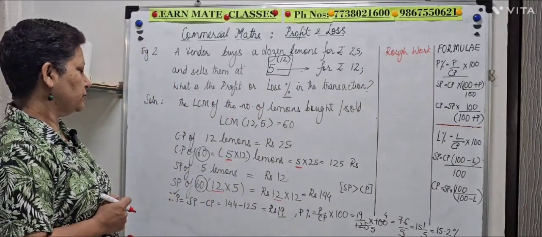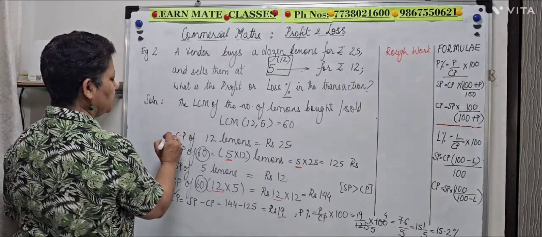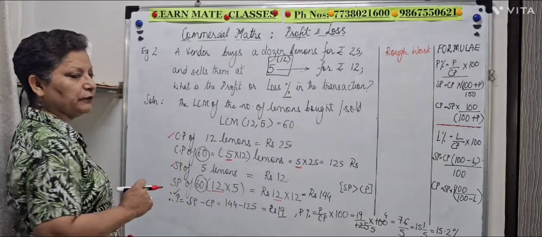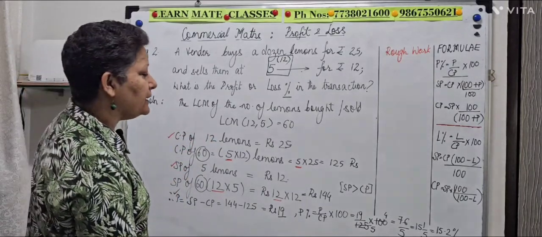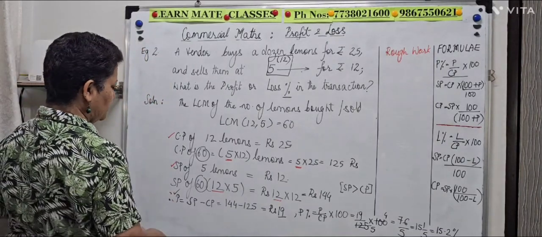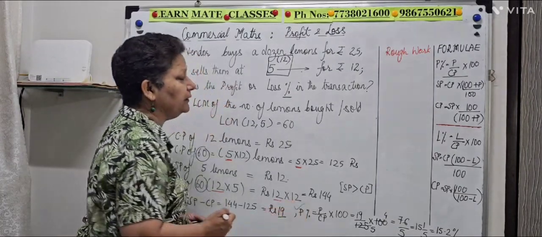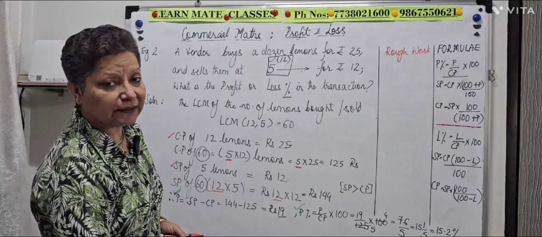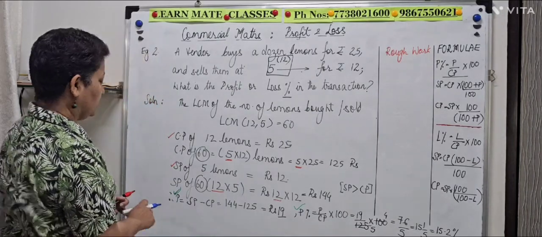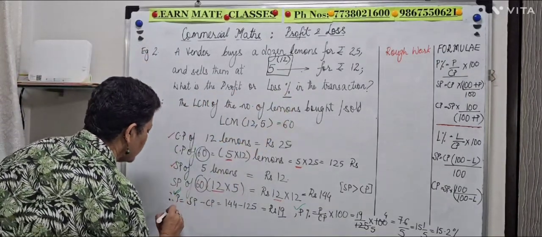All that I now need to write, what did I tell you right in the beginning? My information which is given to me has to be there. My information, what was given, CP of 12, what was given, SP of 12, that was the information given. Then I said I need to have my formulas in place. What was my formula? The first formula I used was the profit formula. Then I used the profit percent formula. What else is left? I said the third thing that you have to be careful about is that you need to be writing your answer statement. So my answer statement in this case is the profit percent in the transaction